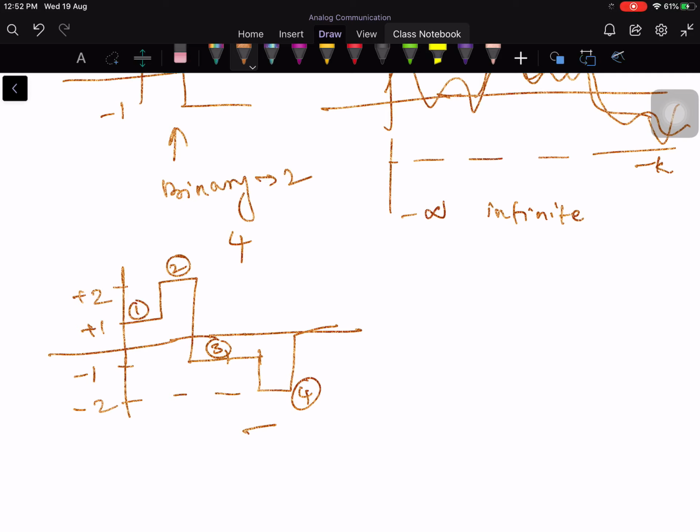So it could be a 4 level signal in the discrete case, it could be 8 level, it could be 16, and so on and so forth. That means what essentially I am trying to say is it could be a set of discrete values. Even if it is 16 levels or 256 levels, it doesn't matter. The moment you have discrete levels, it becomes a digital signal, that's it. So that's the essential difference between analog and digital sources.